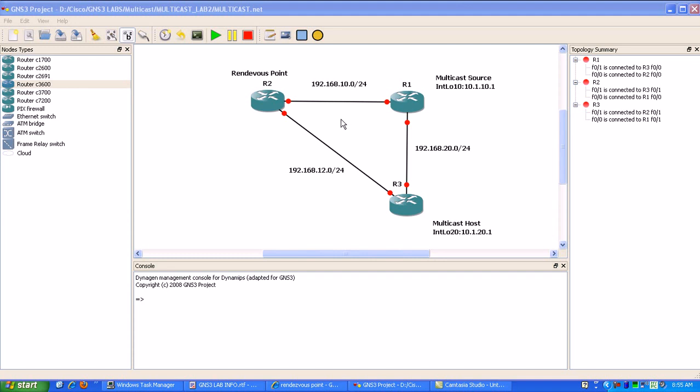PIM sparse mode is the opposite. It won't join a multicast group unless the router actually has hosts off of it that it knows are wanting to join the group. So it kind of prunes the network even further, and it'll only allow hosts to join the group through what's called a rendezvous point, and that's what you can set up on the router. Basically the rendezvous point just listens to determine if there are hosts that it knows about